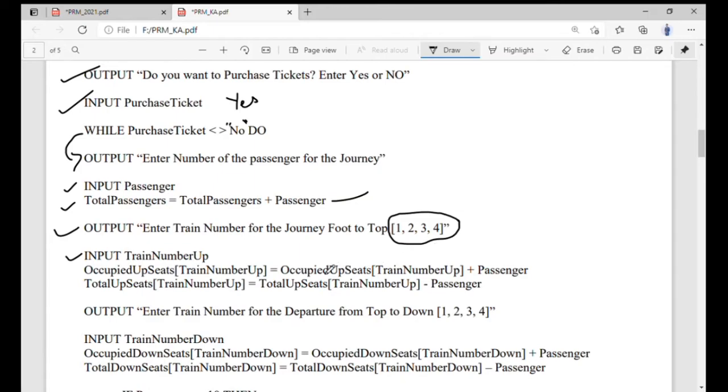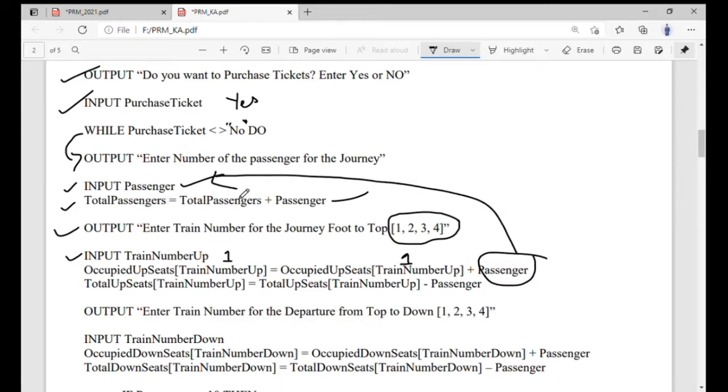At the same time, when the user inputs the data, occupied seat should be filled as a number. The first time, whatever number the user puts, for example 1, everywhere will be 1. Occupied seat: remember in the task 1 video, when we were creating a variable with the initial value 0, how many seats are occupied? We are not aware of it. So now we are making a statement that the passenger which the user mentioned over here will be added as an occupied seat. See, plus passenger. How do we get the passenger from here?